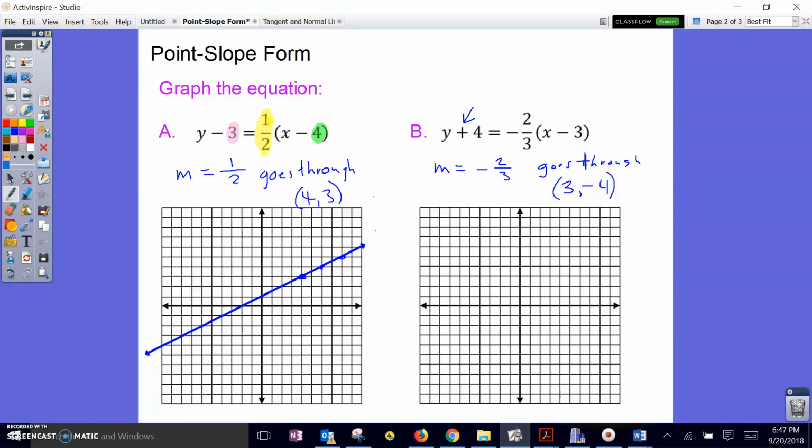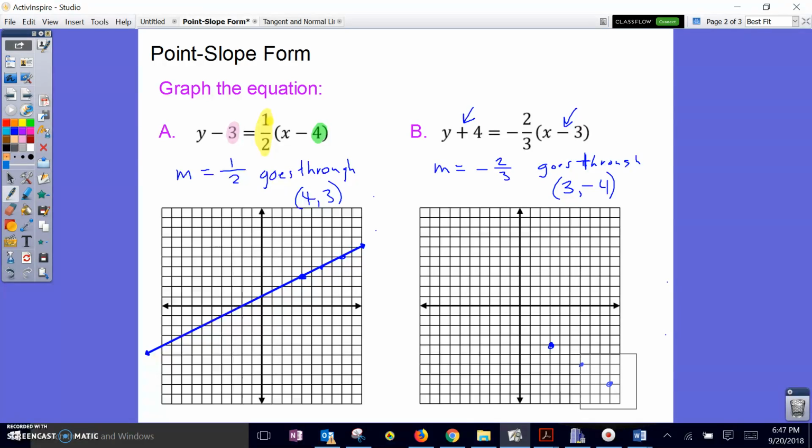Now notice, since I have a plus here, the y-coordinate of my point is going to be negative 4, because the sign of those coordinates is always the opposite of the sign in front of the number in the point slope form. So I graph the point 3 comma negative 4, and then I'm going to use my slope. I'm going to go down 2 and over 3 to the right, down 2 and over 3 to the right,